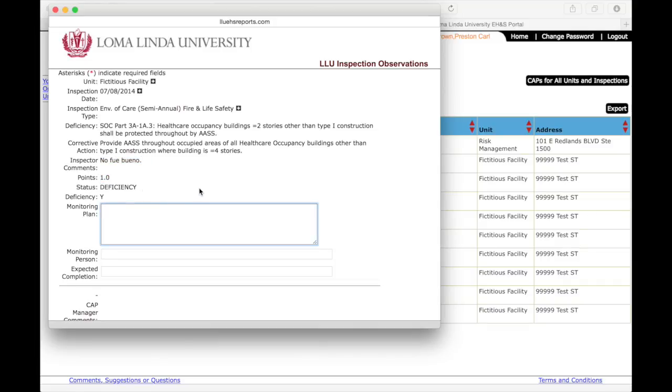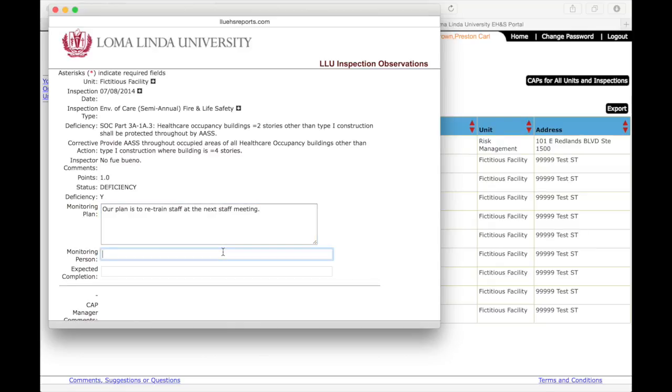Now is your chance to take credit for what you're going to do, or have already done in some cases, to remedy the deficiency. In the monitoring plan box, enter your plan, whether that will be retraining staff, submitting a work order to facilities, or some other action to resolve the deficiency described above. This can include immediate actions performed or follow-up activities such as self-audits, for instance to determine whether or not behavior-related